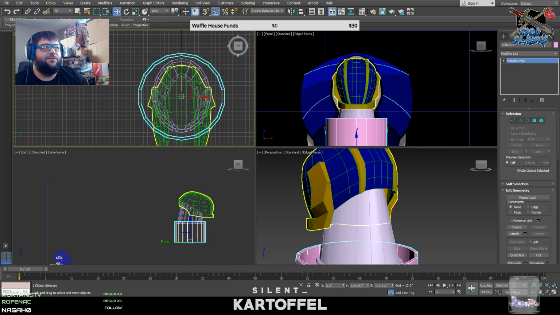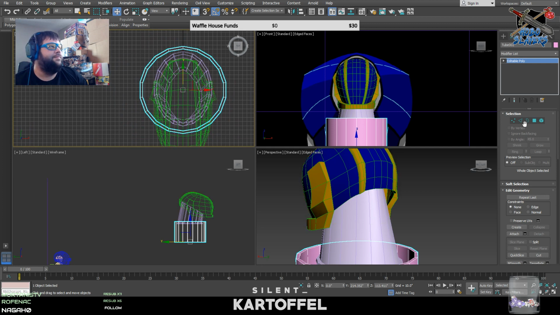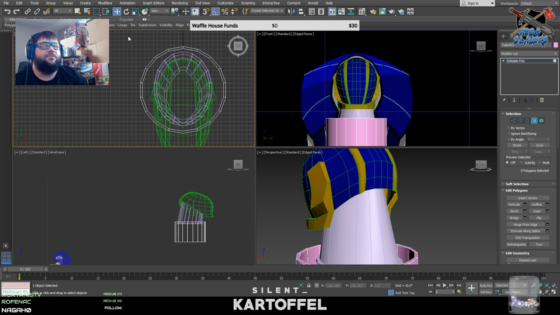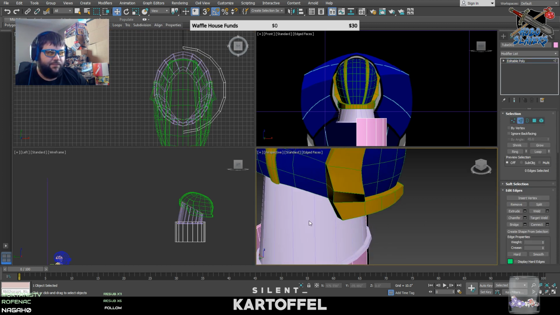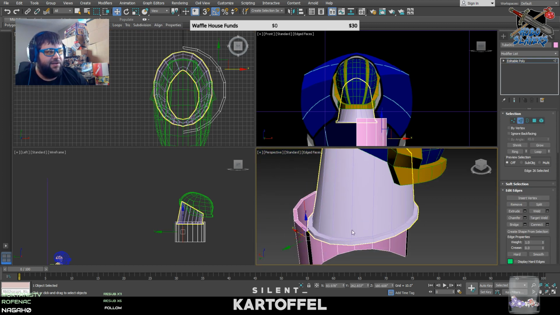Editable poly. So as I stated earlier, the way this system will work, I don't know how well I can manipulate 3ds Max into understanding their collision, but